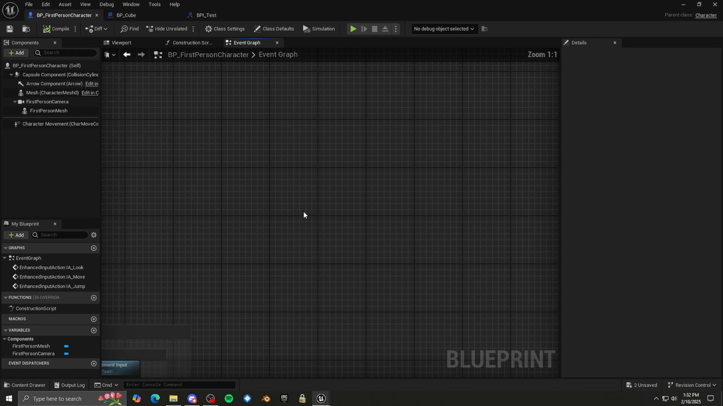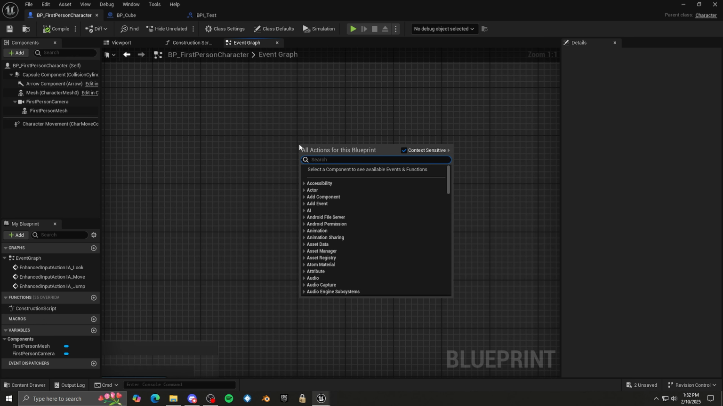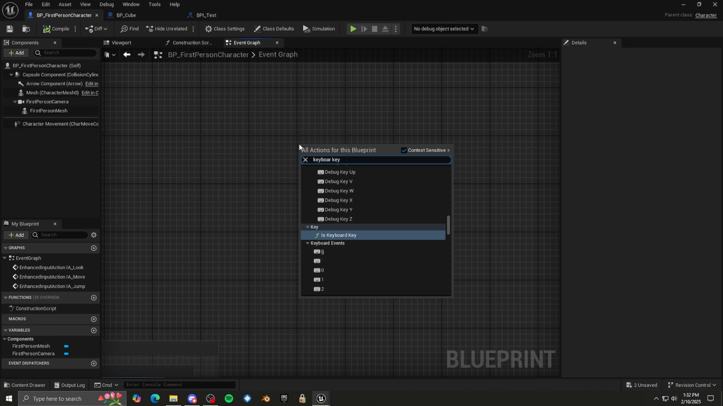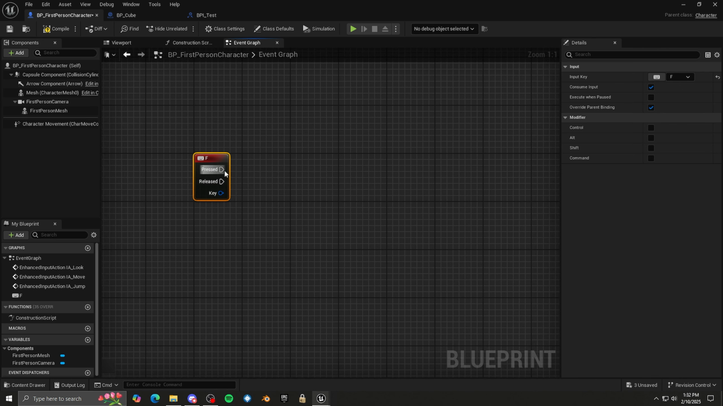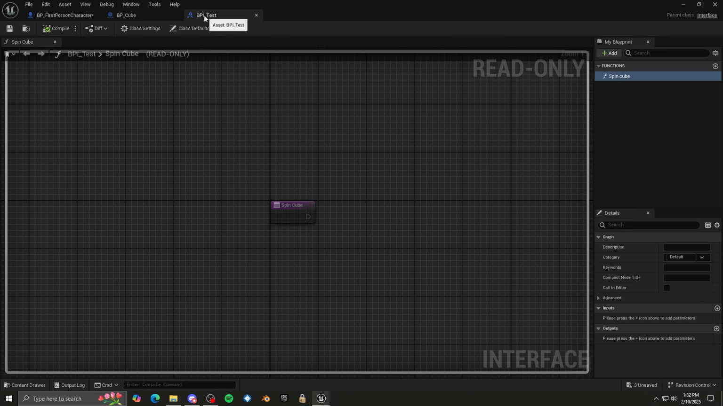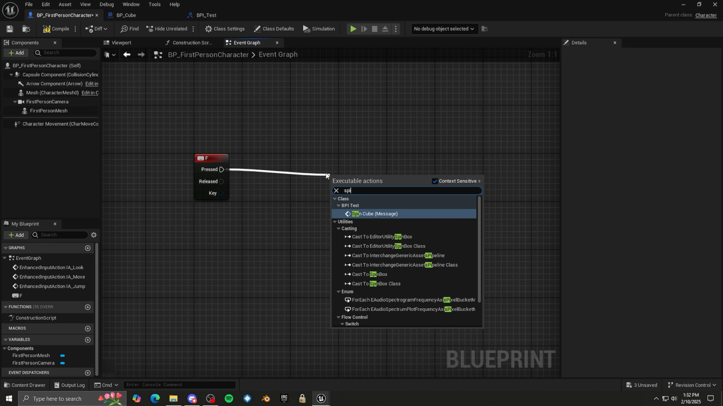Let's say we want our character to do this from, say, a button press. So we'll do a keyboard key, and I'll do the F key. When our character presses the F key, we're going to have something happen. Now we want to call that interface we just made. This function name, spin cube, we're going to look for that. If I drag off and do spin cube, you can see how it comes up here, spin cube,